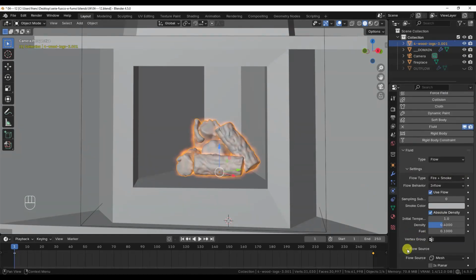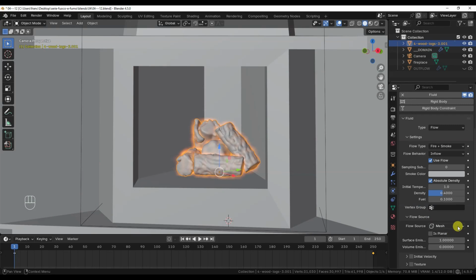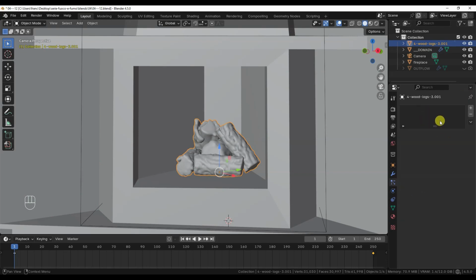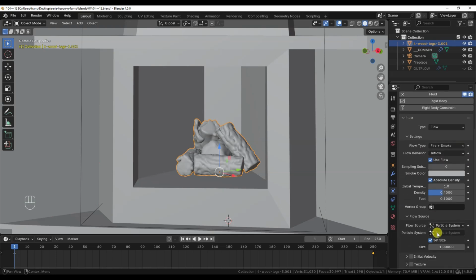Finally, we have the flow source field, which lets us choose between mesh and particles. The meaning is straightforward. So far, we've used mesh to emit fire and smoke from objects, possibly limiting the emission surfaces with vertex groups. But objects can also have particle systems, and sometimes we may want those particles, rather than the emitter, to produce fire and smoke. In that case, we need to select particles as the flow source and, of course, specify which particle system of the mesh will drive the simulation. As you can guess, we can assign a flow component either to the geometry or to one particle system of the selected object.